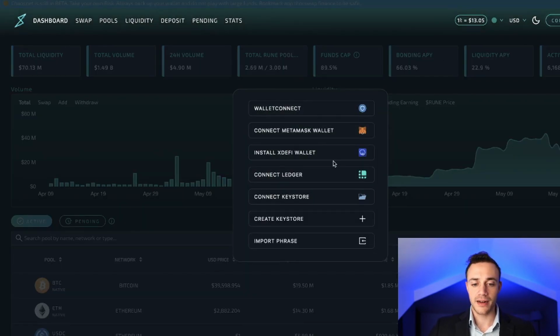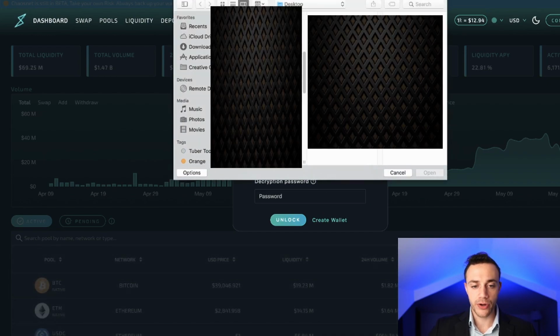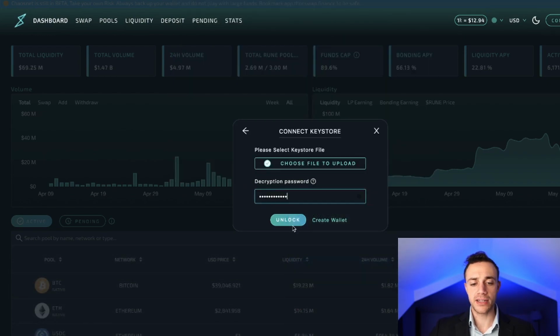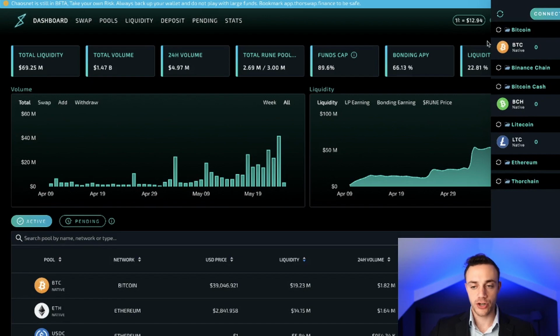So we go to connect. And if this is your first time, all you're going to do is hit Create Key Store. And that's your key store wallet native to THORSwap. So I already have one, so I'll do connect key store, and you download a little file on your computer, and then you would go ahead and put in your password, of course, and then that is literally how you create your wallet. Obviously, you do have your 12-word seed phrase, so be sure to write that down in a